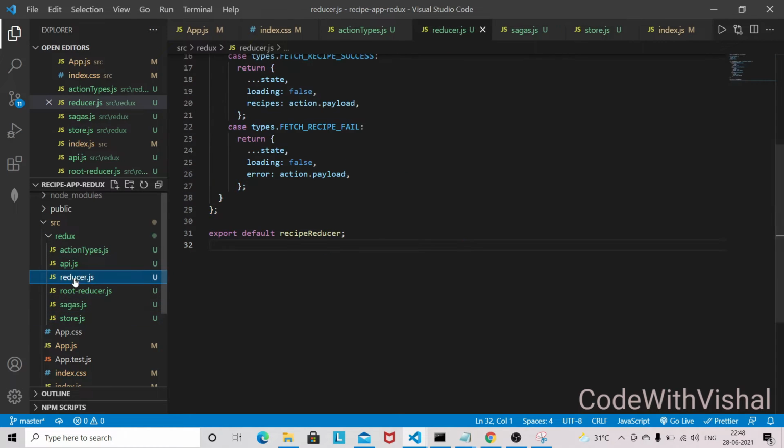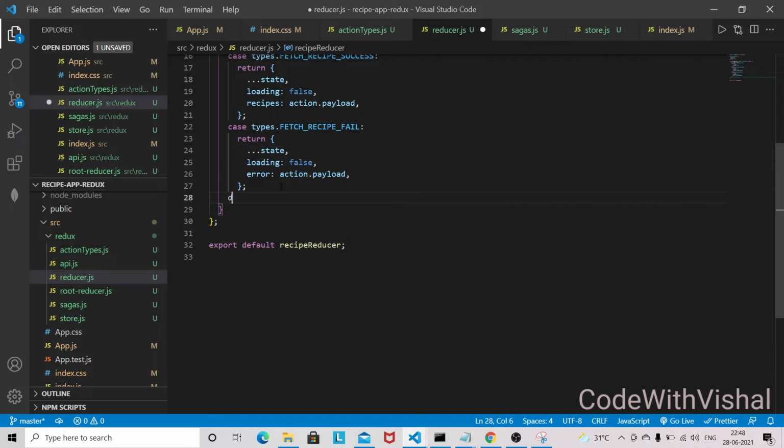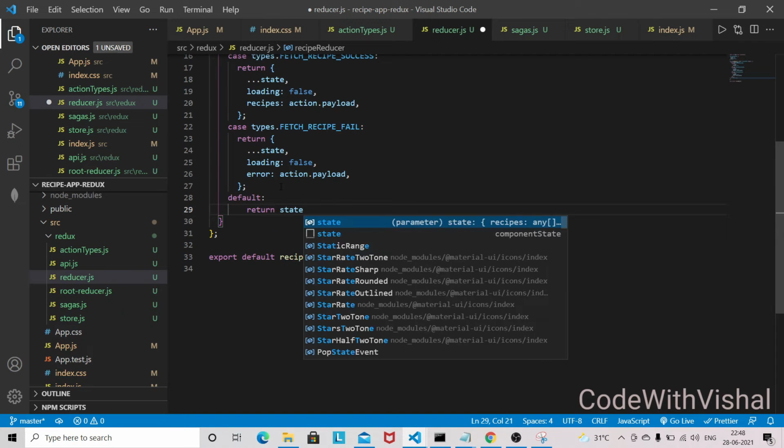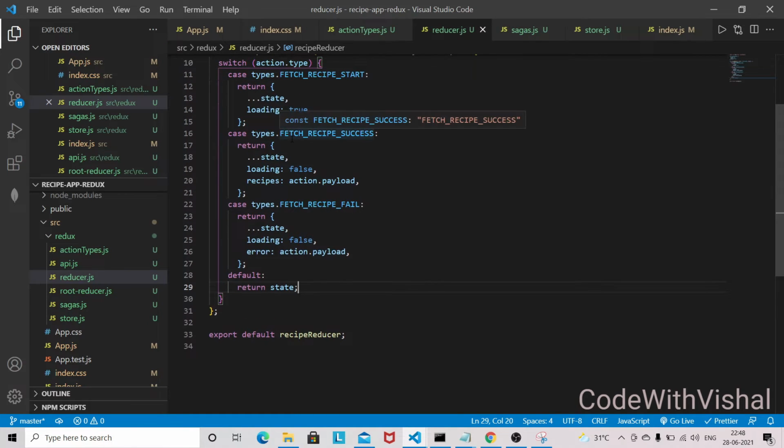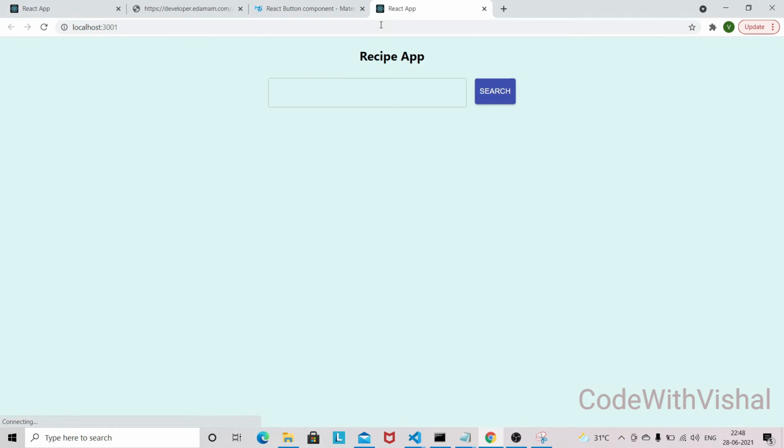Because in the reducer we haven't defined the default state, so we have to return the default state. So return state, because we are not dispatching any action type, so it doesn't match any action type here. So in that case we have to return the default state. So let's refresh. So now we are getting our input field, and if you type something like banana, it doesn't work because we haven't written any logic in our Saga file.